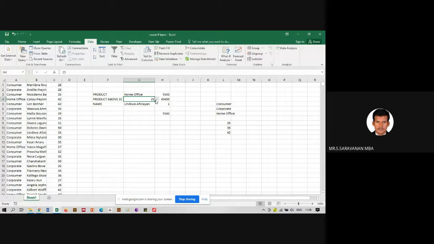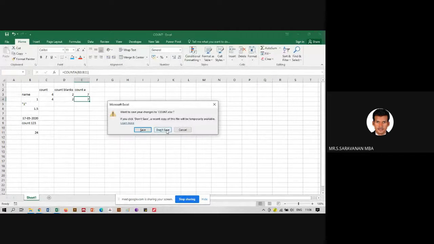So how many people are there with 25? Close to 49,000. 35, 29,000. 42, 15,000. So this is a use of COUNTIF function. So if you can combine 2 or 3 activities into one, your process gets very easy.